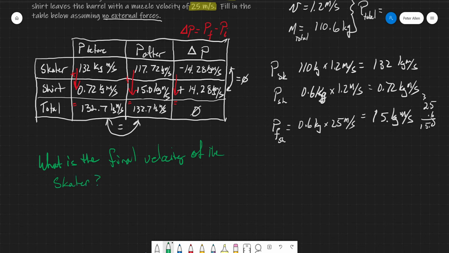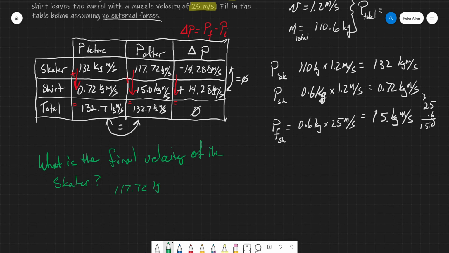All right. Well, to do that, we take our after momentum, and we're going to divide that by 110. And we're going to find out that it's a little bit less than the 1.2. It doesn't really slow down a whole lot because of the mass. But we would take our 117.72